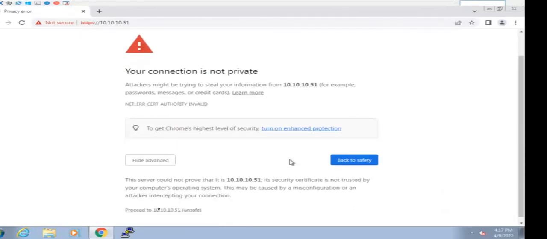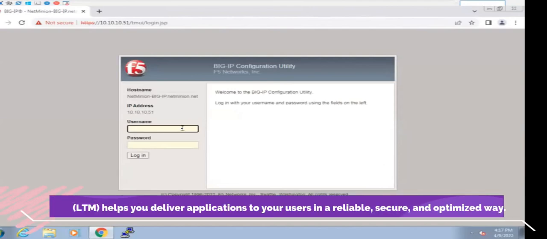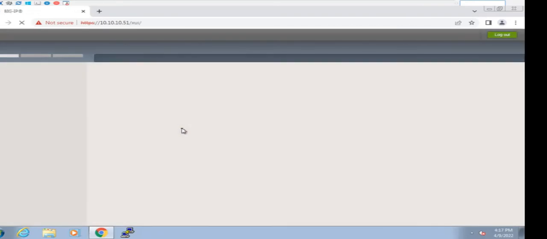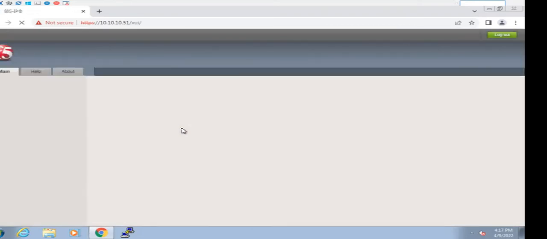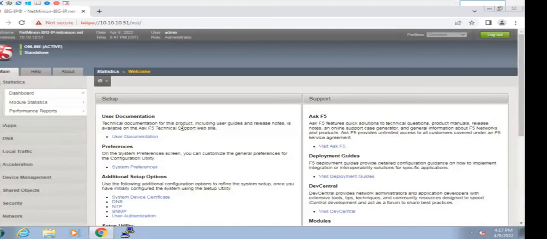So you could see that I am just taking access of some IP. This IP is nothing but the management IP of the F5 LTM device. How to get to this screen, and how to put the IP address before this screen, everything I will teach, don't worry. In your lab, you need to do this on your own from scratch. You need to put the IP address, the username, the password. Everything, licensing, provisioning, each and every stuff you will be doing from the very scratch to the advanced level.